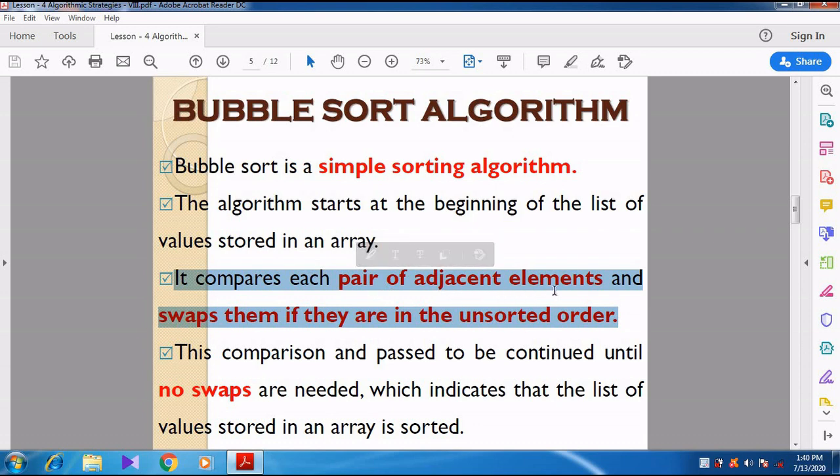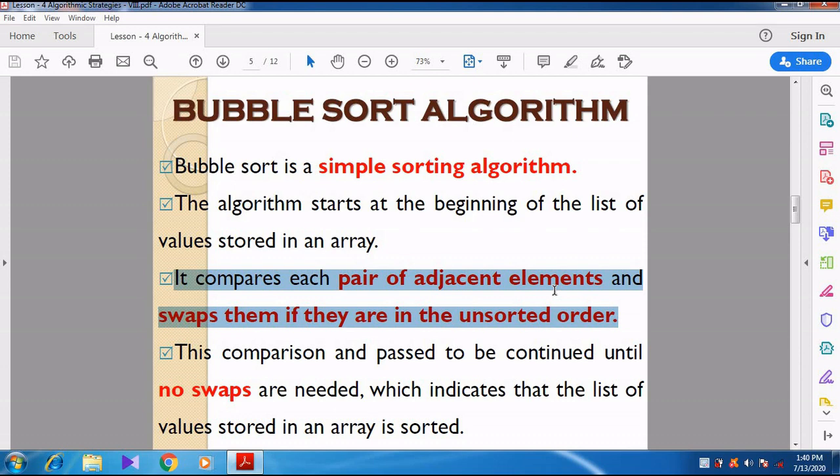Pair means two. Adjacent element means the next element. So the first element and the second element are compared. If the first element is greater than the second element, then it is going to swap. Swap means exchange the position.